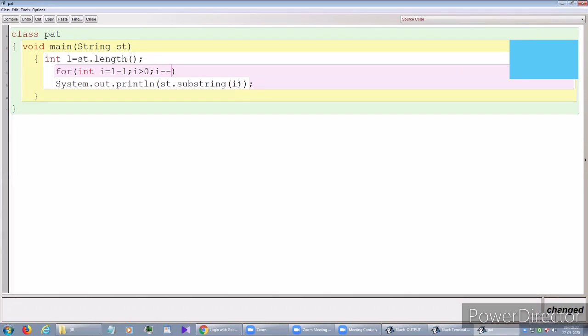Simple thing, it will print the opposite, the reverse one. That means BKP will be PKP, KP, B, like this it will come.